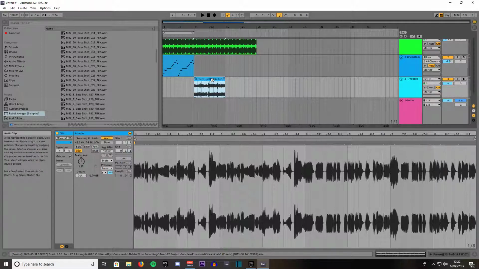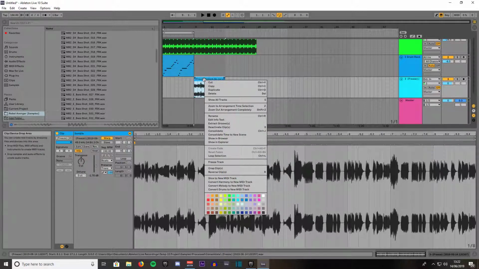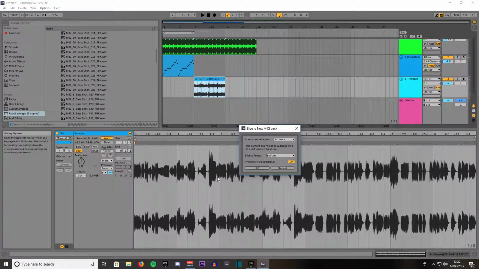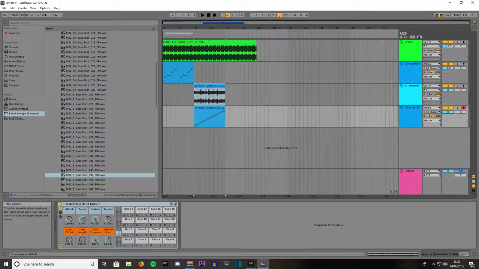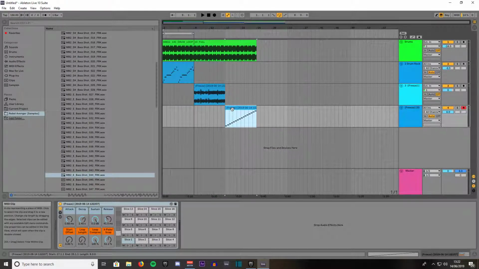And then what we can do is right click on it, come down to slice to new MIDI track, leave it on half note and built in, click OK, come down here, turn your channel up to 6 decibels, drag this across, click on that,